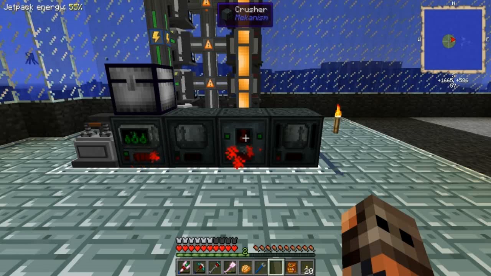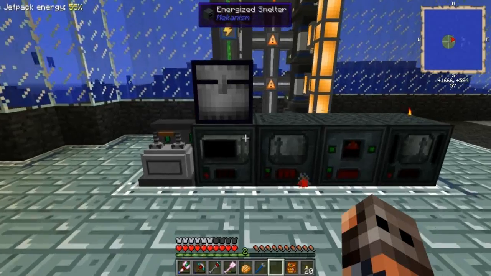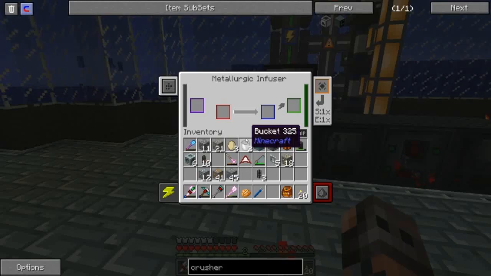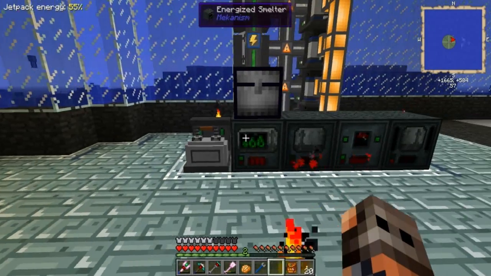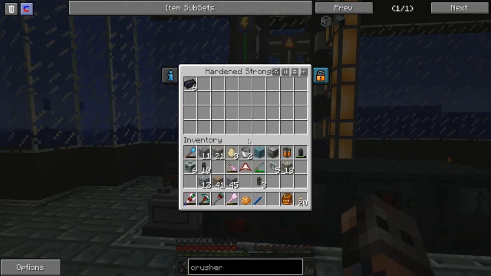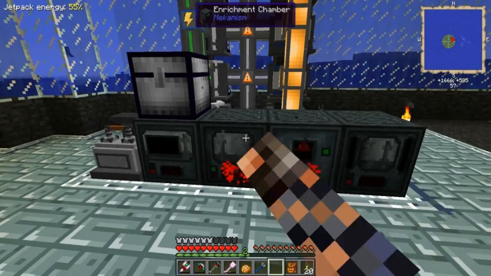So I have not upgraded any of these guys. I saw a comment about the energy upgrade, which I'm aware of. I haven't made any yet, but I will at some point. I needed to see how my power system was going to hold up before I did that, because I haven't run this thing with all these machines just yet. So the metallurgic infuser, I'm only going to use that on an as-needed basis anyway. So there we go. I probably ought to speed up the crusher and these things